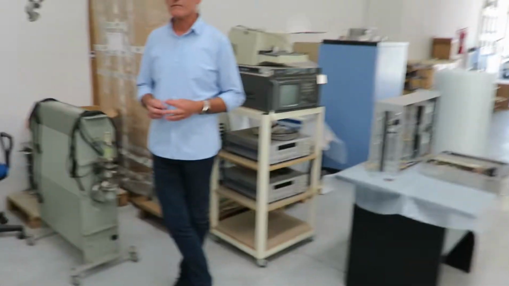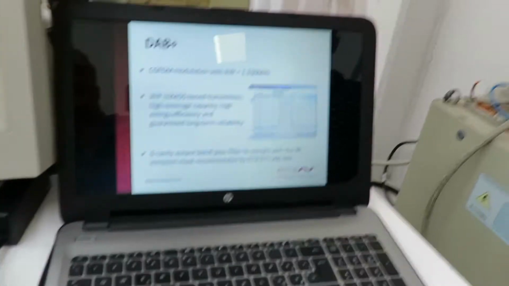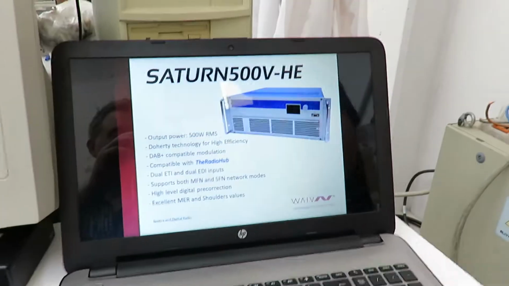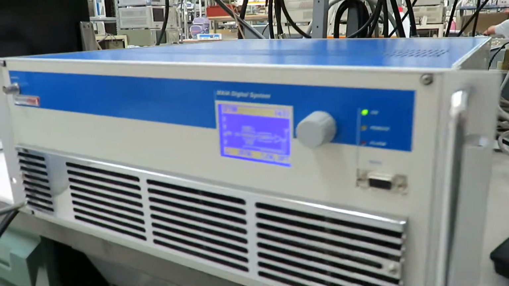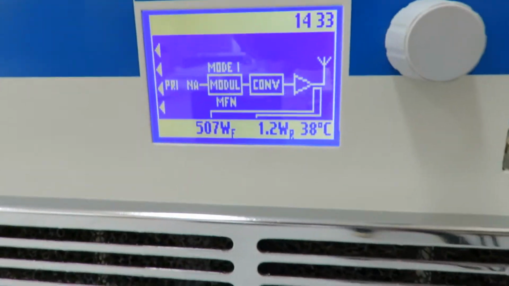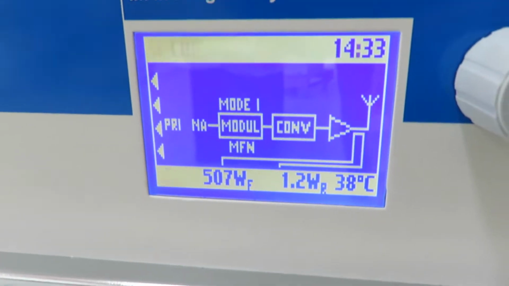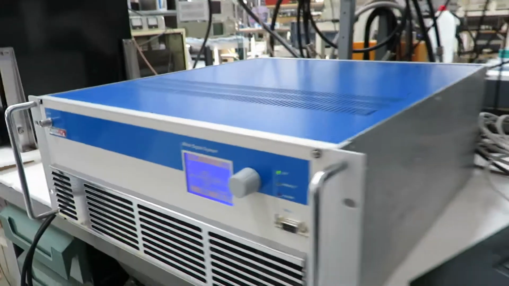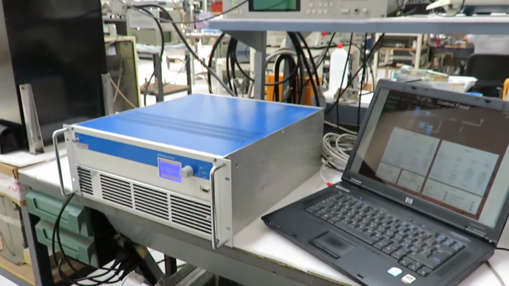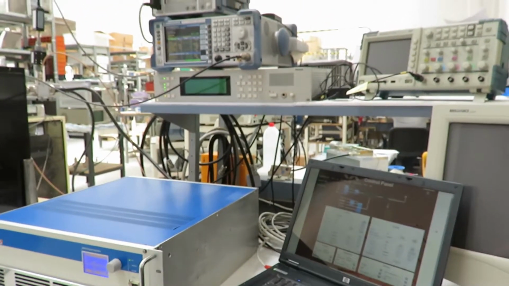Okay, so now for the next slide. Let's focus on the transmitter we have here. It is part of our Saturn HE. HE stands for high efficiency. It is 500 watts RMS output, and it is based on the latest precorrection technology, an electronic technique to allow high efficiency. It is compliant with DAB+, of course, and it is compliant with TheRadioHub, a platform that